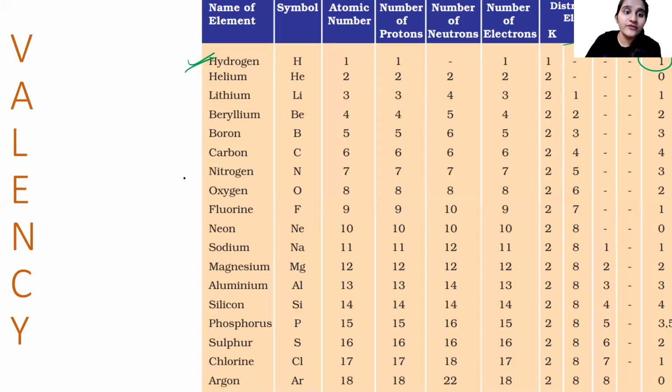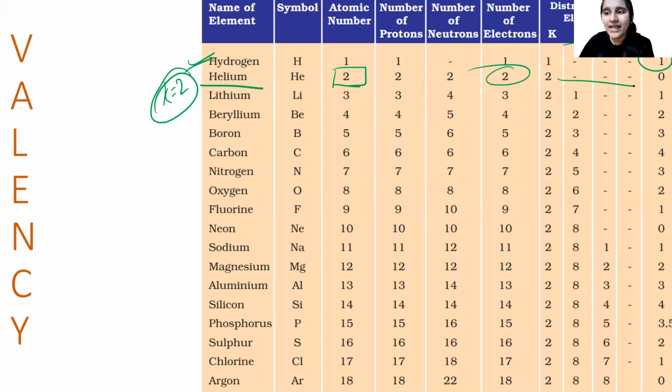Okay. But over here, if you pay attention to helium, it has 2 electrons, right? Yes, atomic number is 2. Perfect. What is the capacity of K shell? Ma'am, it is 2 electrons. Can I take any more electrons? No. Can't give away either. Why? Because it is already stable. Why do I need to give away one electron? And hence, the valency of helium is 0. Understood? Yes. So again, when I talk about carbon, because carbon has the atomic number of 6,